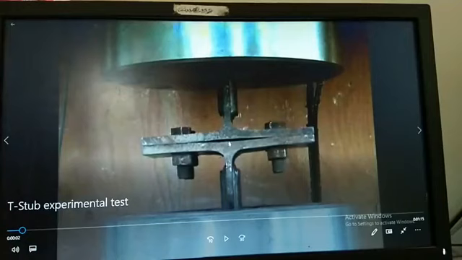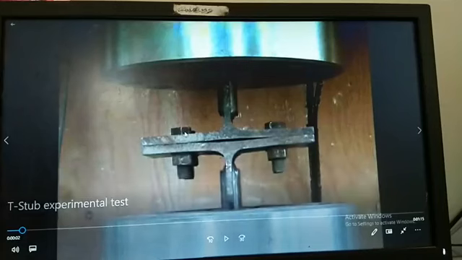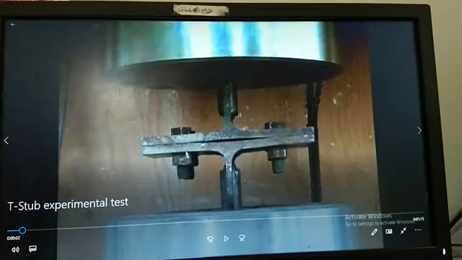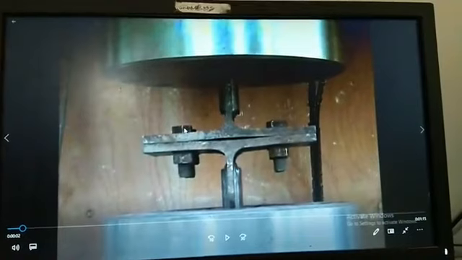If you want to control the deformation in between these two plates, how can you make sure of that? What you have to do is increase the strength of this bolt. In addition to the external force, you need to add an extra force to this bolt. That is how your bolt is supposed to be designed. Here your bolt is subjected to tension, because the force is parallel to the axis of the bolt. See, this is the force direction and this is the axis of the bolt, right? So both the force and the axis of the bolt are parallel to each other, so the bolt is subjected to tension. So this is the tensile failure of the bolt.